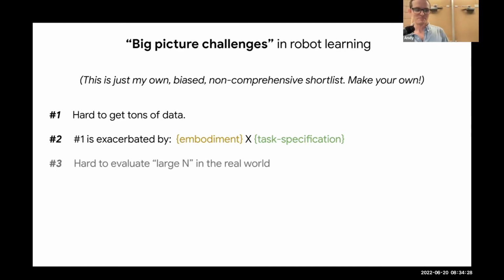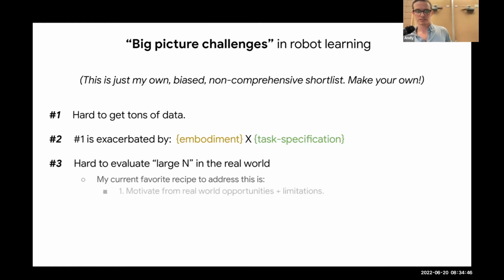Data is hard. Okay, number 3, related but different, is it's just hard to evaluate large N in the real world. I think we can do things in the real world, but it's hard to evaluate a ton of things in the real world. I have a few thoughts on my current favorite recipe to try to combat this,